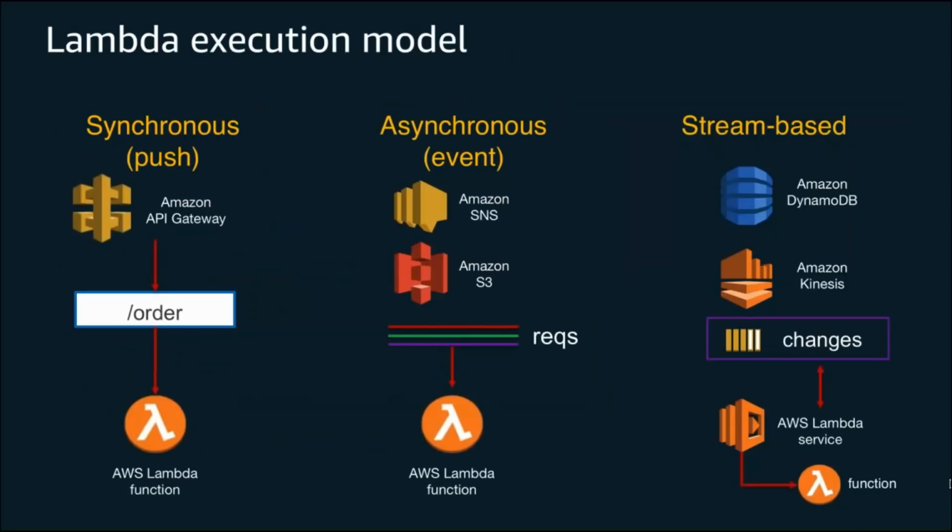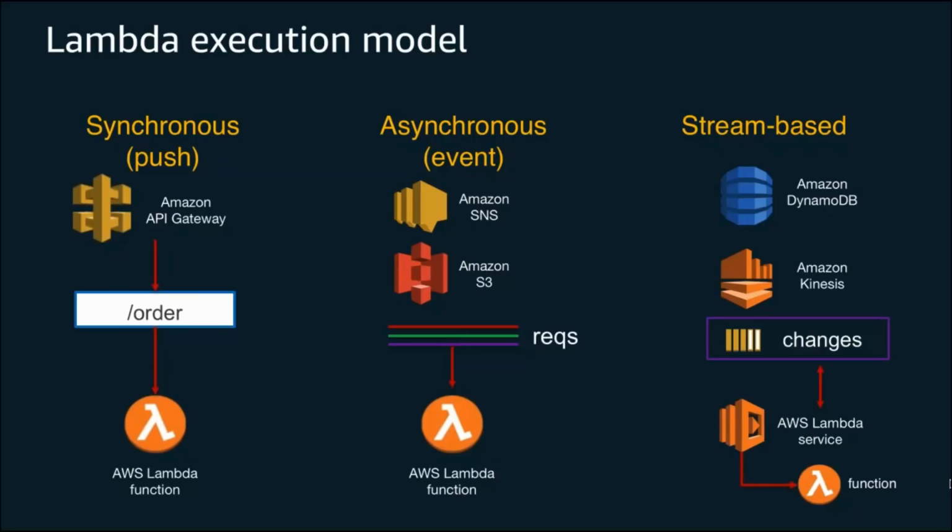Going along with how we talked about there being event sources, there's actually a number of different execution models that Lambda can support as well. So we support a synchronous model, an asynchronous model, and then a stream-based model. And how you build your application and which of these models you think about and which invocation sources you might be picking for your Lambda function are, again, going to completely relate to what it is that your application needs to do.